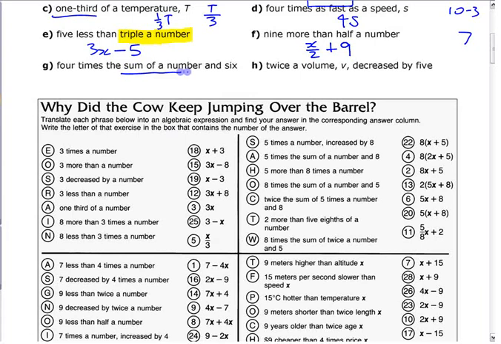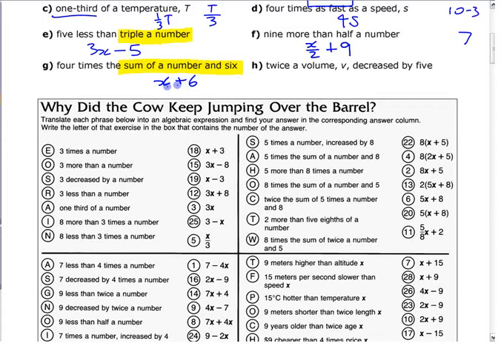The sum of a number and 6. What does this word sum mean? The answer when you do what? When you add the 2 together. The sum of a number and 6, you can just write as